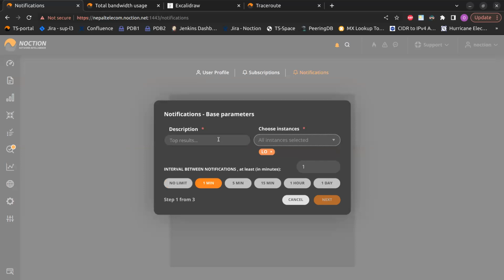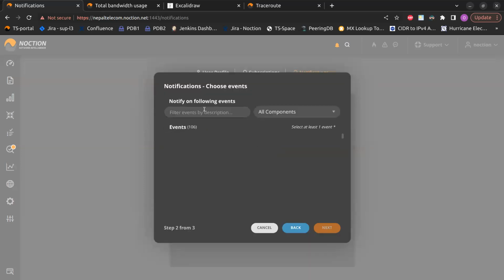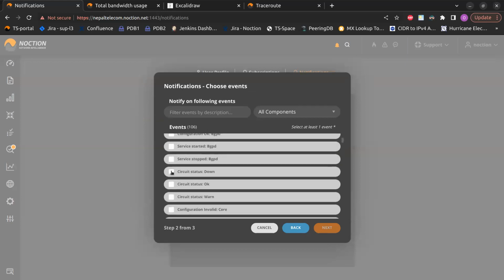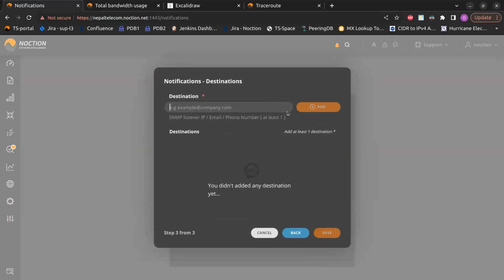Let's say, doesn't matter what type. So if a circuit goes down, you would like to be notified, and then you set up which type of